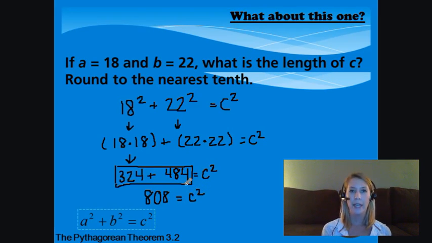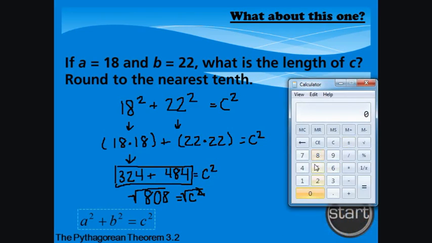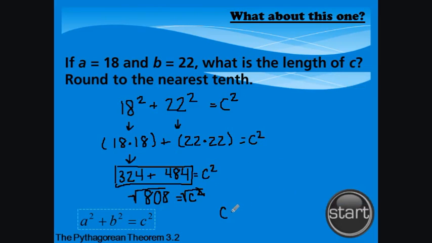Now, like we said in our previous example, finding the square root of a value will undo squaring. So let's find the square root of both the left and the right side of our equation. I'm going to pull up the calculator once again, where we have 808, and we need to find the square root of that, which equals 28.425. So I'm going to write that down. C is equal to 28.425,